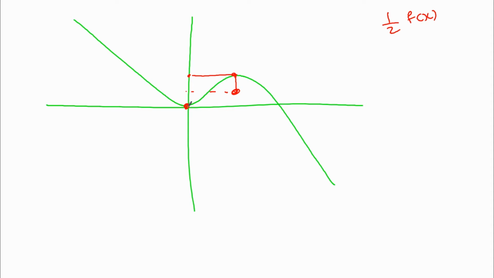This point has a y equal to 0, so half of 0 is 0 itself. Again, this is y equals 0, so half of that would again be 0. But for any other point, the y's would be reduced to half. This one in here, the y would reduce to half. This one in here, the same. So that point will move to this point. So if I connect all of these together, now what we see,